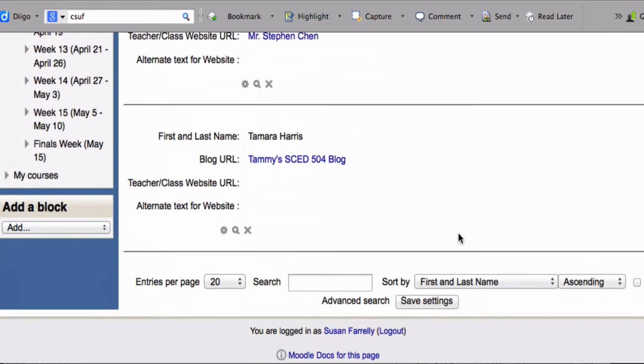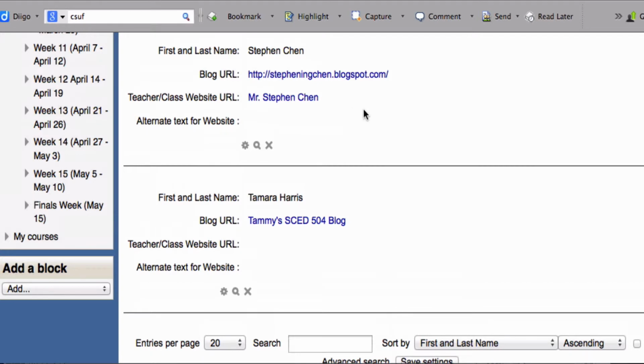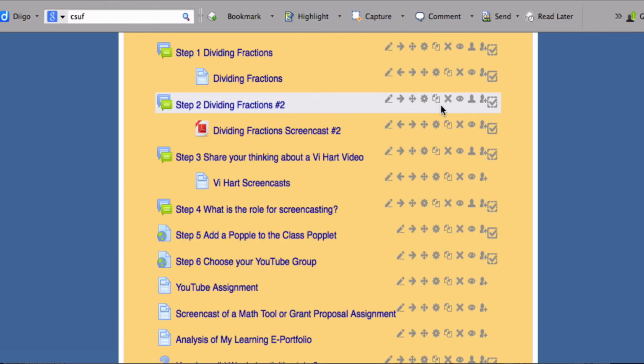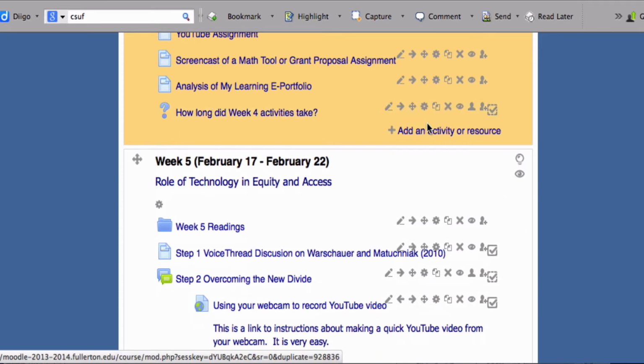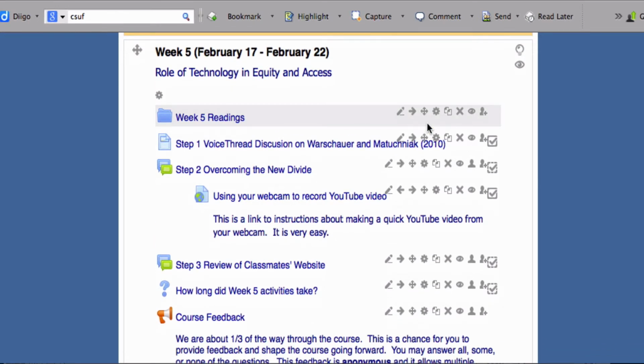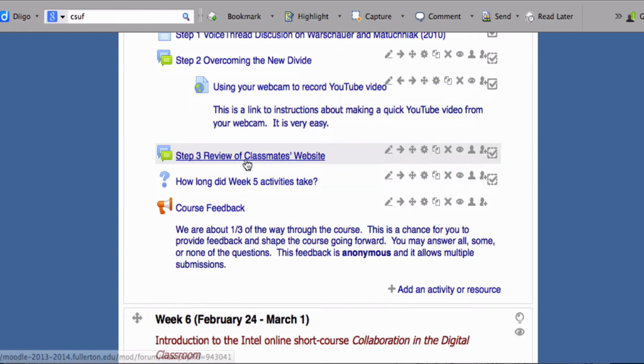At the very bottom, Stephen would review Tammy and then go up to the top, review Asher, and Tammy would review the first 2 on the list. You will place your reviews in week 5 on step 3